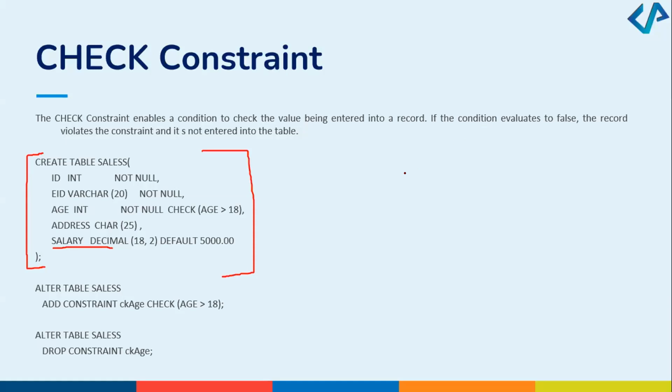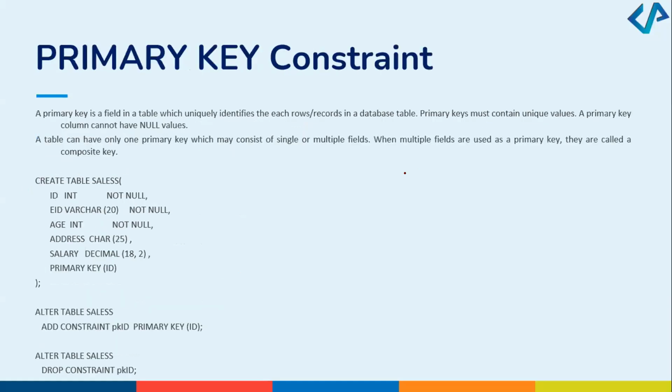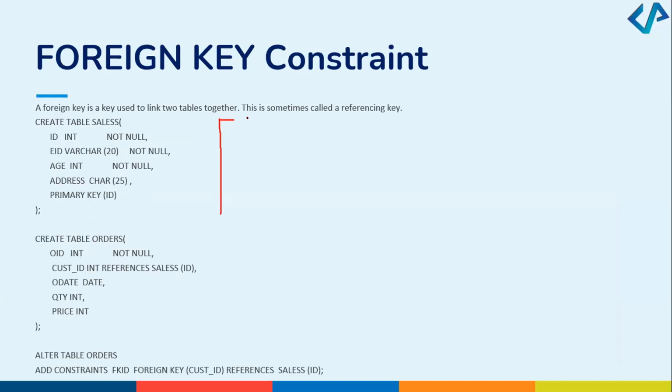Okay. All right. Just before we take a break, let's quickly look at a primary key constraint also, something we've already discussed. On the sales table, for example, I wanted to apply this primary key constraint. So I've given primary key ID. This is my constraint which I'm using. They are unique values. They cannot have null values. We discussed this. We are now going to talk about the foreign key constraint.